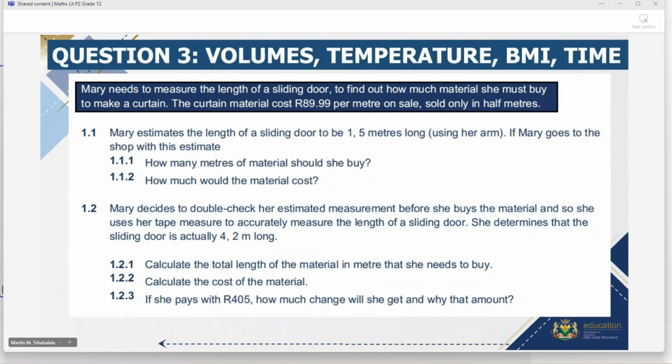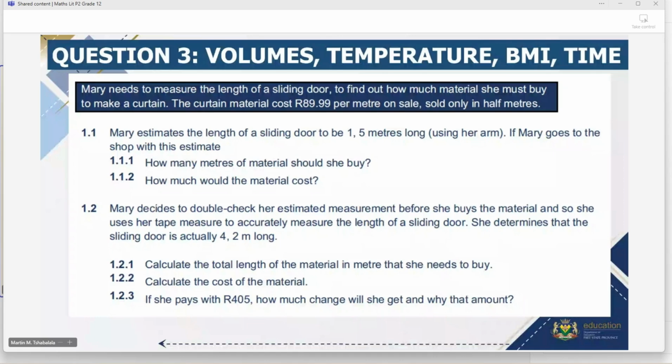It is very important, boys and girls, that you read what is given before you rush to calculate. A person starts to say, I'm going to 1.1.1, I'm going to answer it, I want to calculate it. What are you calculating? Because you did not make sense of the given context. The given context, the highlighted blue one, will inform your answers. You won't be able to get the answer if you have not made sense of what is given to you.